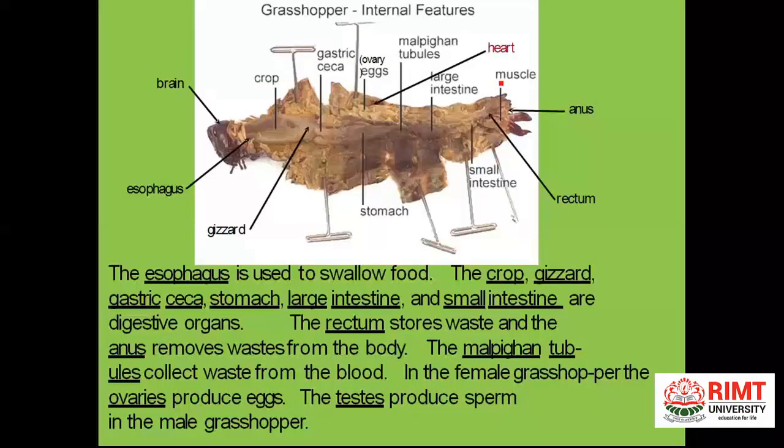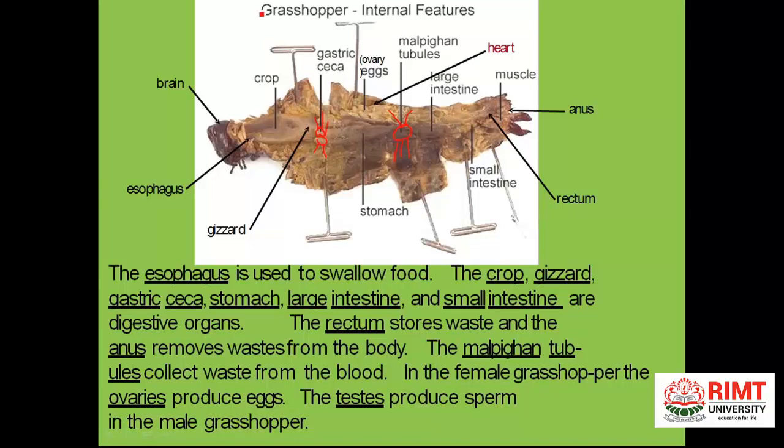This part is the large intestine. These are the Malpighian tubules. This structure is the Malpighian tubules. Here it extends thread-like structures on both the sides. And I have shown you these are the gastric ceca. They also extend thread-like structures because these are joined with the alimentary canal, but these are not part of the digestive system. These are part of the excretory system. But whenever you dissect the grasshopper, you may clearly see the Malpighian tubules and the gastric ceca.